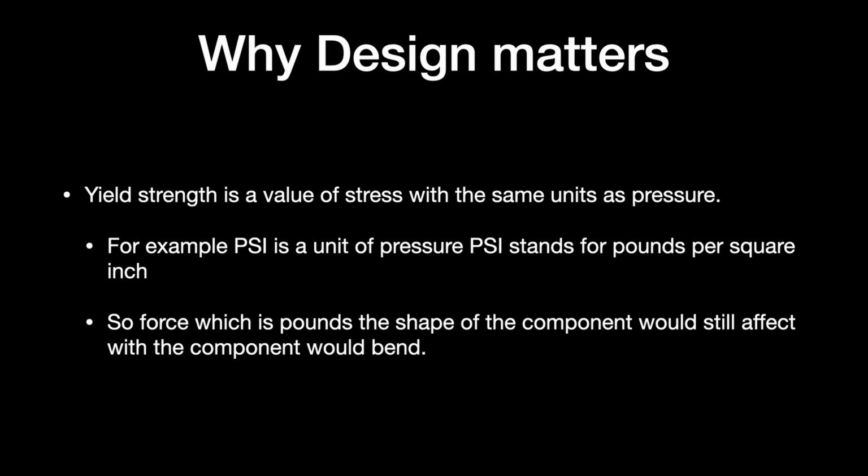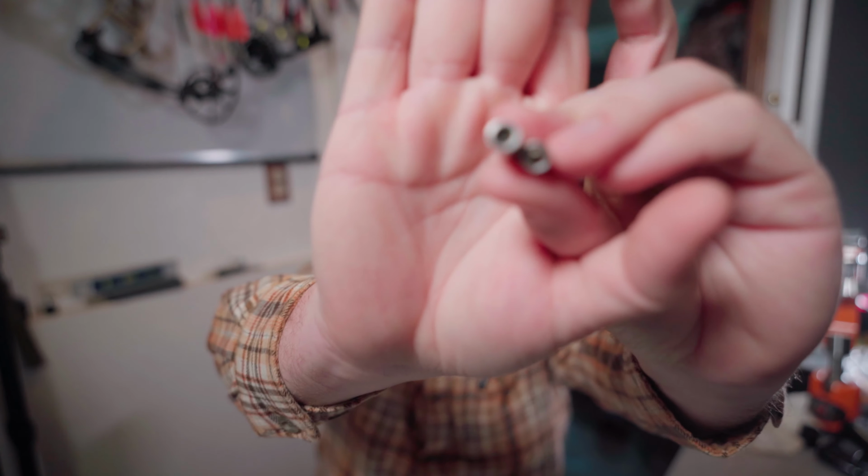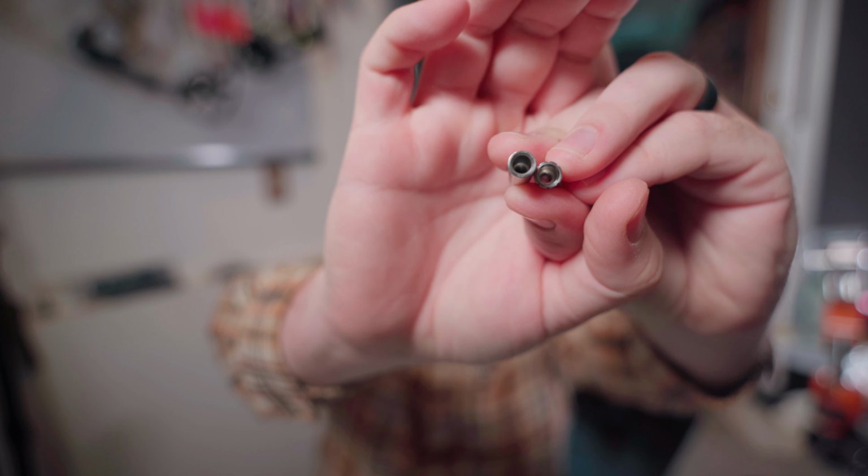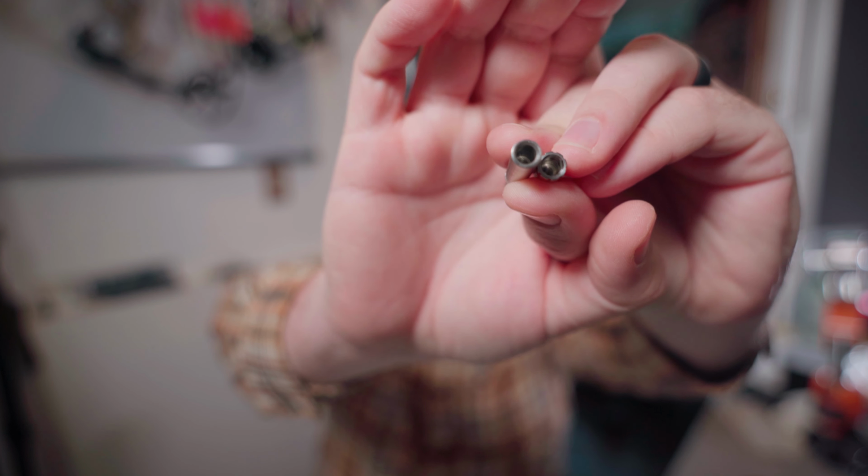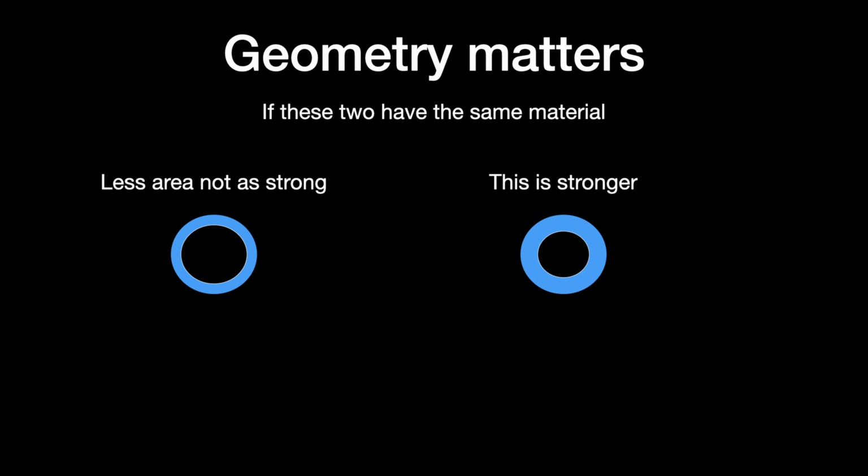Regardless of material, there is the design aspect. I mentioned earlier that stress is a pressure and it's force divided by area. So that means the actual area of our component matters when we're determining what stress value that component feels. So what that means is the diameter of the component, and namely this surface area that is facing our impact direction, that matters. So when we compare components from different shaft diameters, so this is a 246, your standard